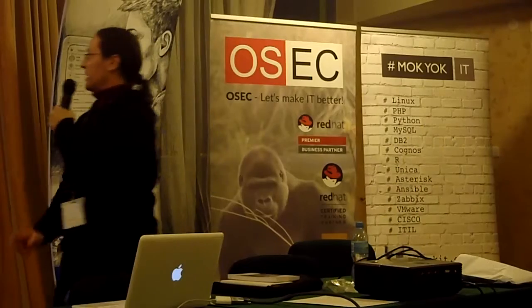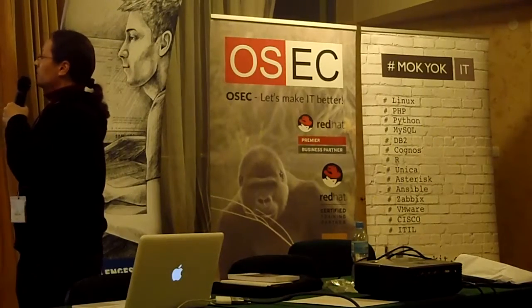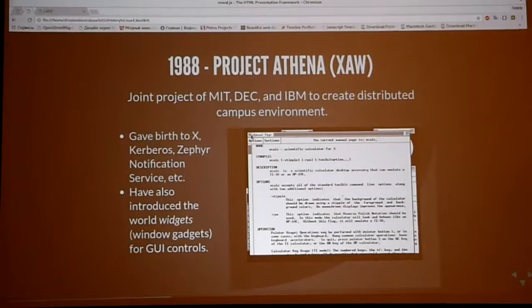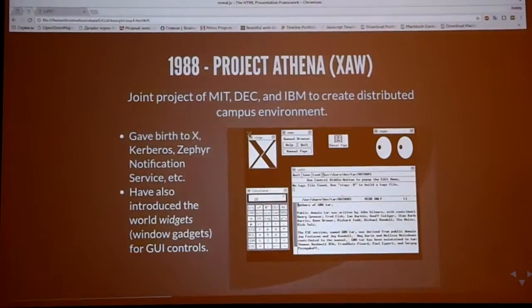Well, I'm speaking about Xeyes, the unusable nowadays text editor Xedit, and, well, the graphical man system, which is also never used, and of course the calculator, which looks rather contemporary.